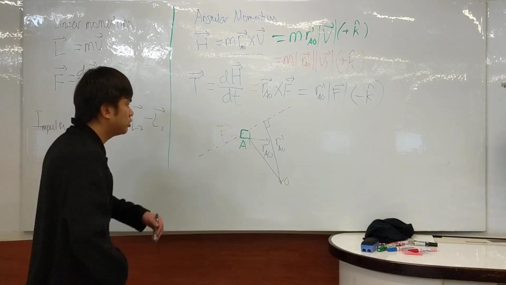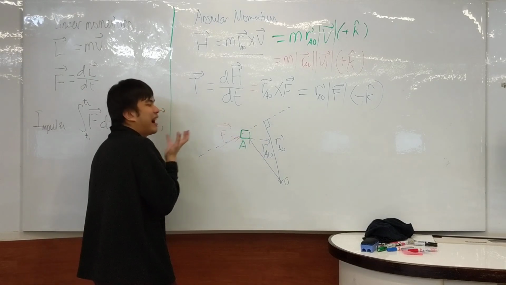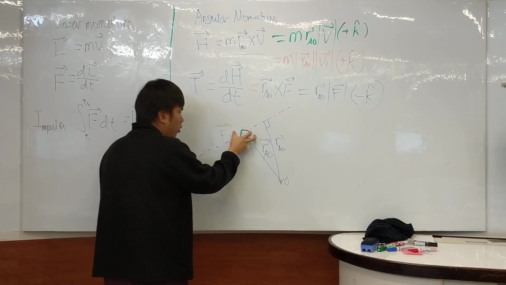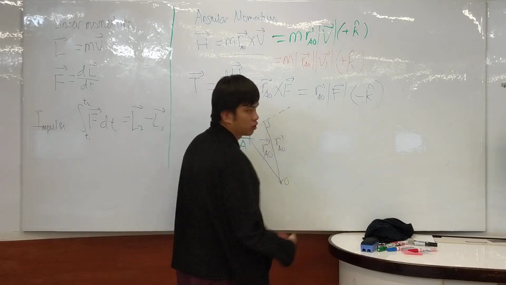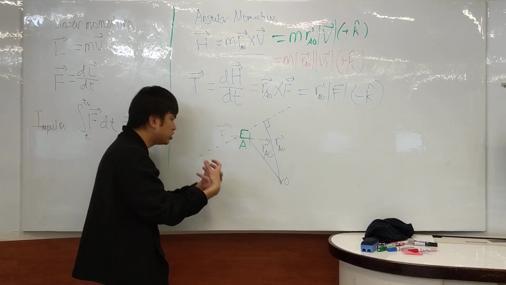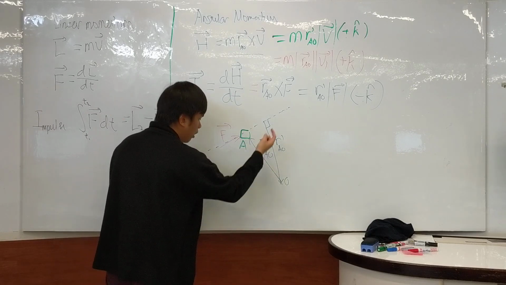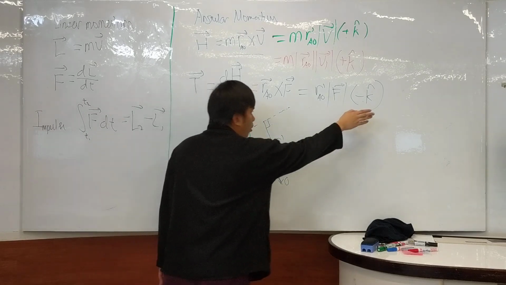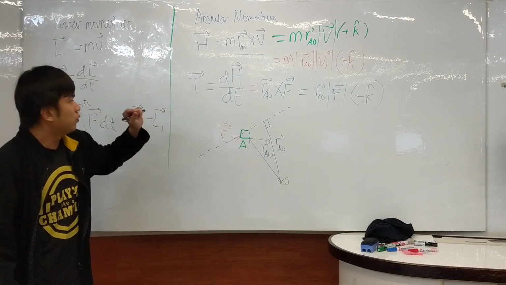But to prevent confusion, let's just use the visualization method. If the force is pushing in this direction, it's sort of encouraging this block to rotate clockwise about O. So in this case, you put a negative for the torque term. If the force is pointing in this direction, it is encouraging the object to rotate counterclockwise about O, so you can put a positive here. So it depends. Now, let me repeat what I'm trying to do here. First